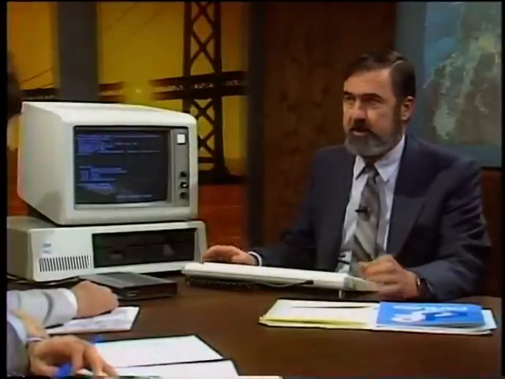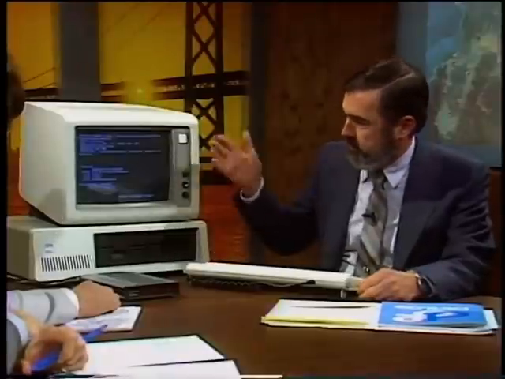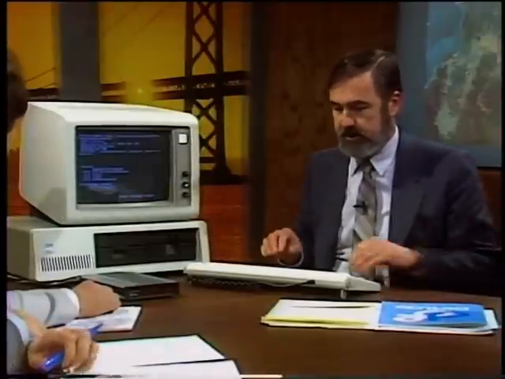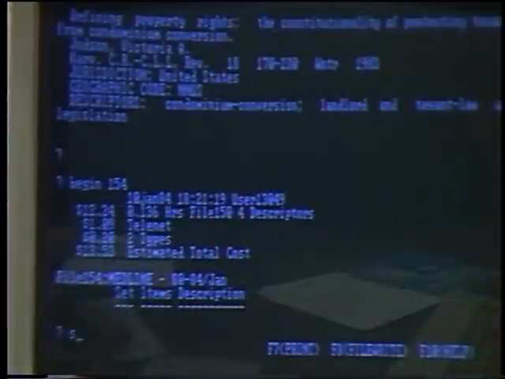Give us a demonstration of how you would use Dialog. Sure. A controversial issue recently has been Laetrile and the fact that it contains cyanide and possible damage from that. I will go into the National Library of Medicine database called Medline, which indexes some 3,000 journals and contains 4 million abstracts, to see what it has on Laetrile and cyanide. I've already logged into the database, so now I can just tell the computer to search out the words that I'm interested in. So I'll say select,